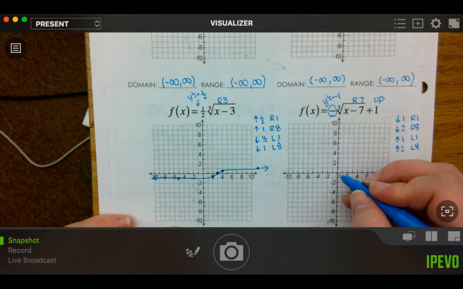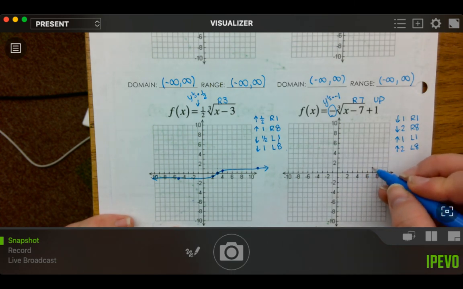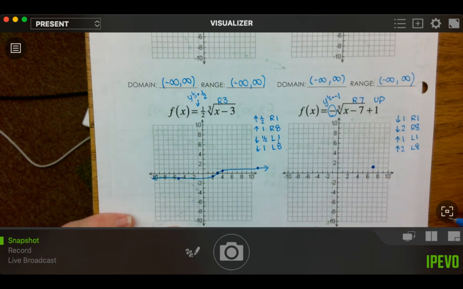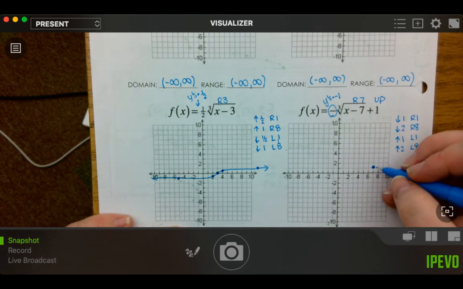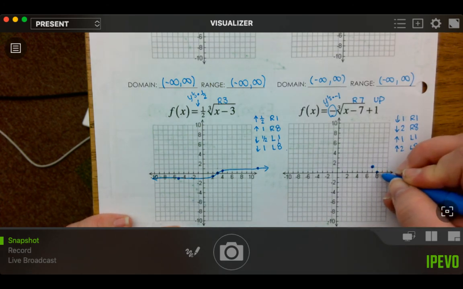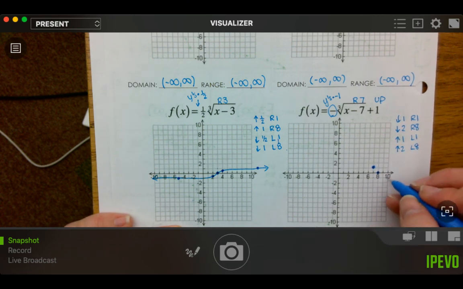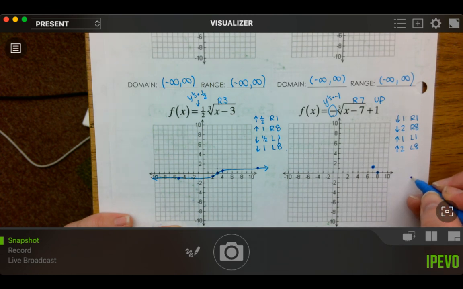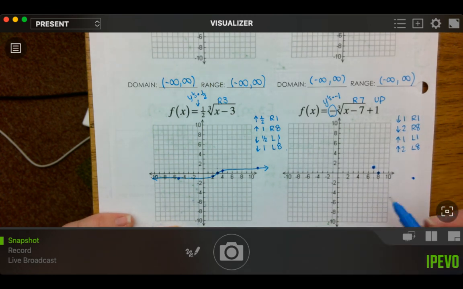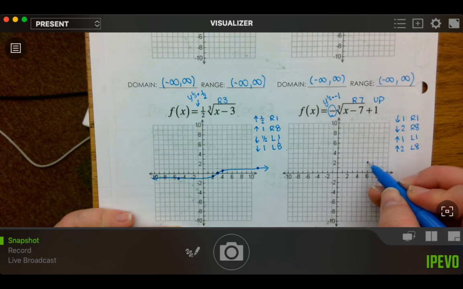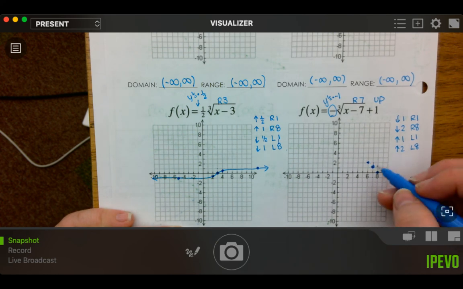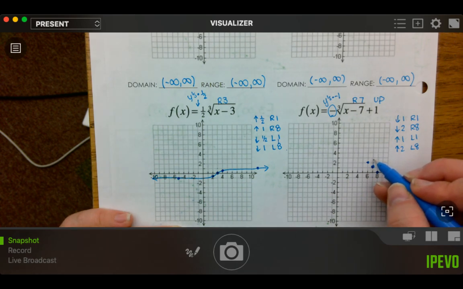Start in the middle, go right 7, up 1, down 1, right 1, and then down 2, right 8 is very clearly not going to fit, but I do know that it's going to be somewhere out here, so I'm just going to guess. And then up 1, left 1, from the middle, up 2, left 8,